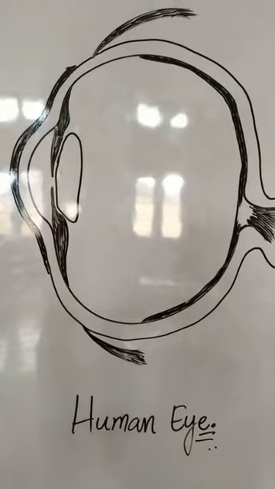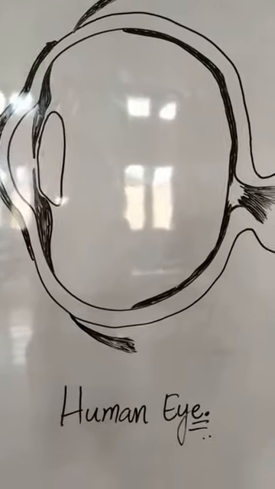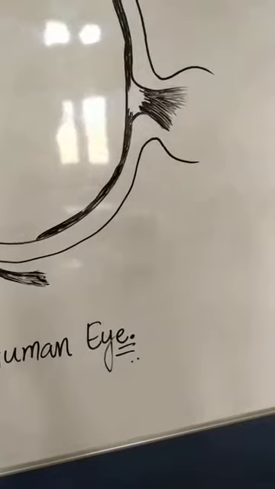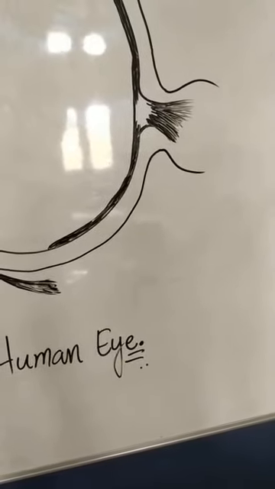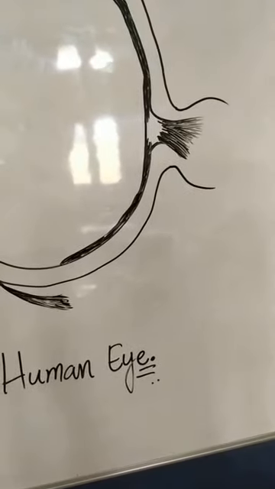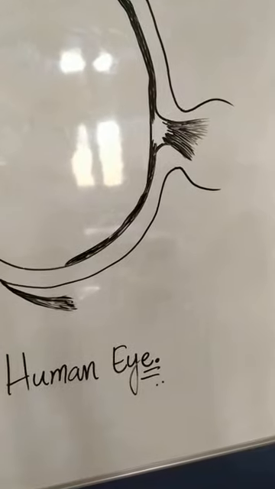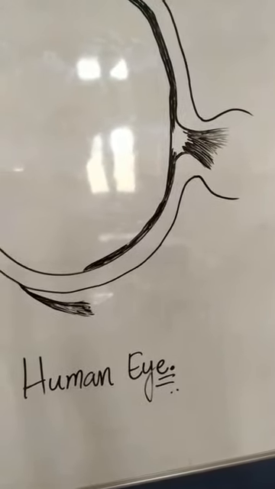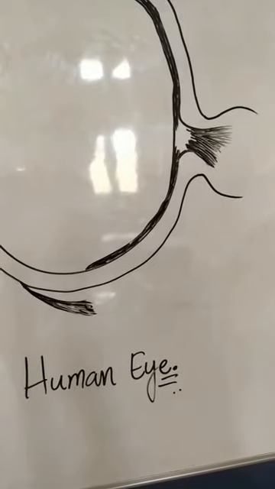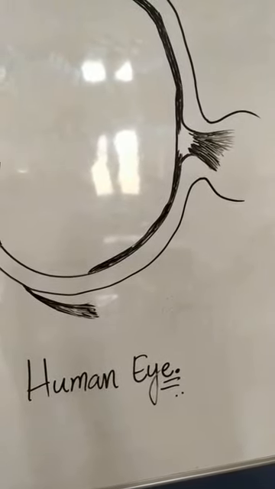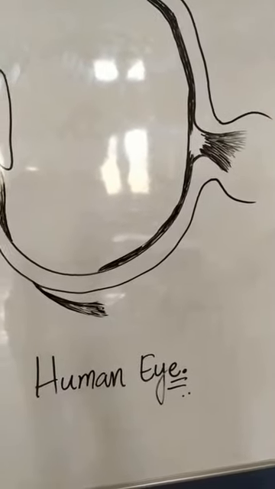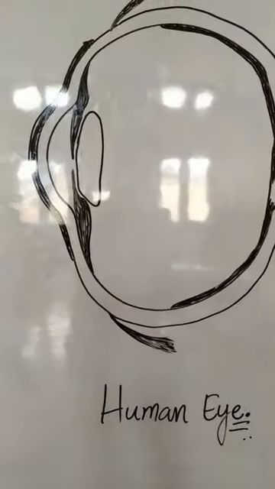So dear students, this is the diagram of human eye. Human eye is one of the most valuable and sensitive sense organs that enable us to see the wonderful world and colors around us. So our human eye is like a camera. We are going to study